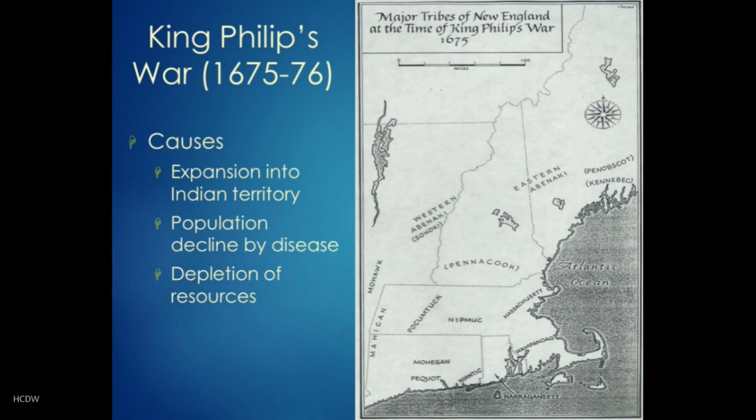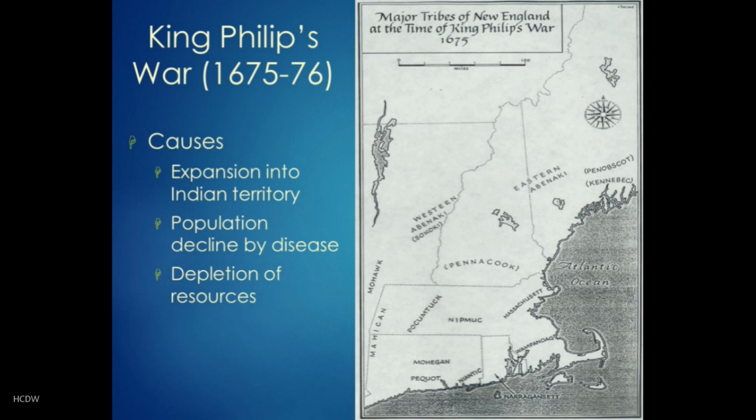Their population had been devastated by disease. From the time of the arrival of European settlers, the population of Indians had declined by about tenfold, from 120,000 to only about 12,000. The Indians were also frustrated that they were being cheated out of their land, were growing increasingly dependent on whites, and were losing their ability to hunt game as that game was growing more and more scarce. So by the late 17th century, Indian-white relations in this region were a powder keg waiting for a spark.